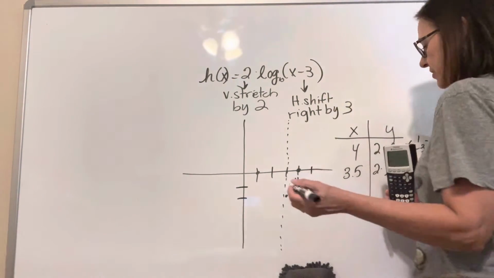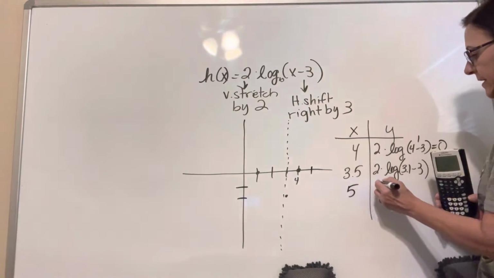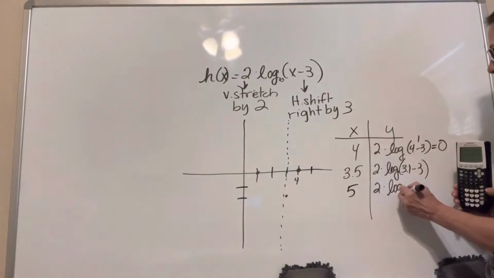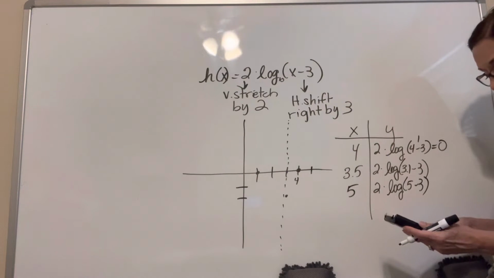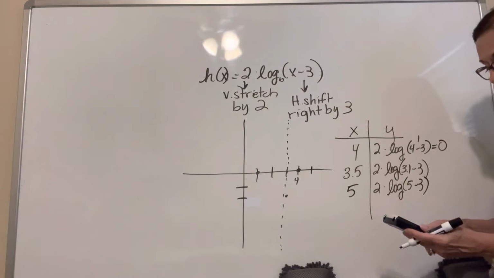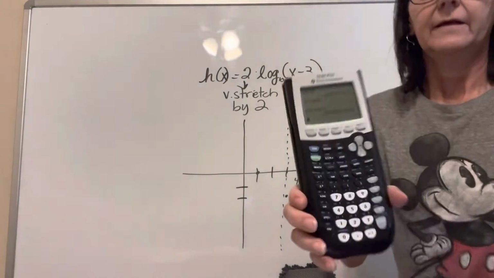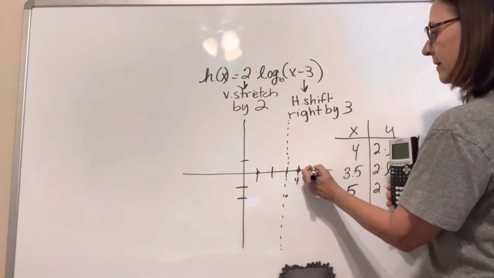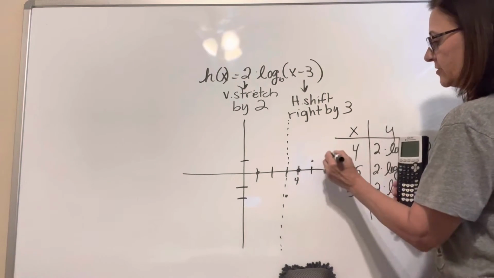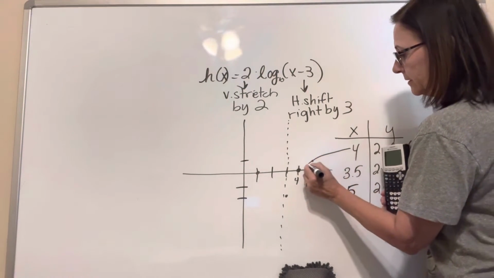All right, now let's just go to 5. When x is 5, it's going to be 2 times the log of 5 minus 3, or the log of 2. 2 times the log of 2. That's going to be 0.6, just barely above. So if I graphed it, it would look